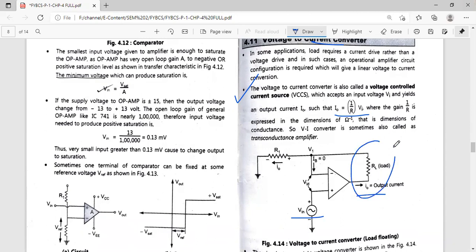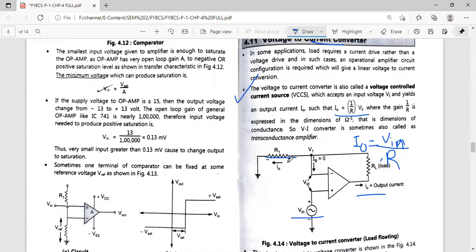Suppose we apply Ohm's law at the output side, what will we get? Ohm's law is V is equal to IR, right? But we want to calculate the output current, which is equal to voltage upon resistance. Now what is the voltage we have? We have V in. And what is the resistor which is near to the V in? That is R in, or R1 you can say. So that is why we can write the output current as VI upon R. This R is nothing but this R1.